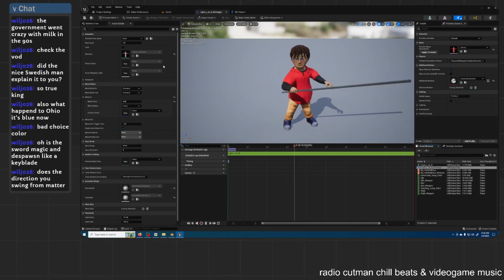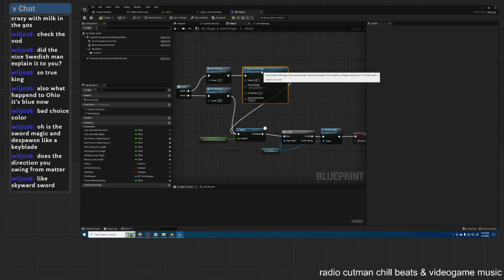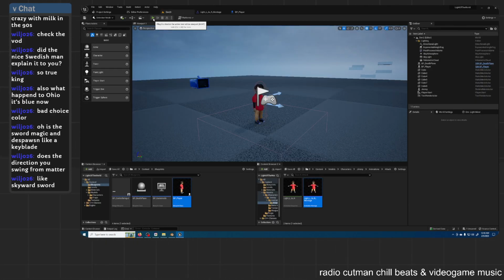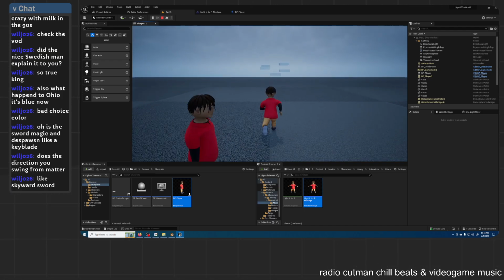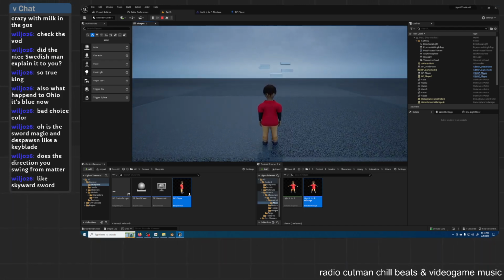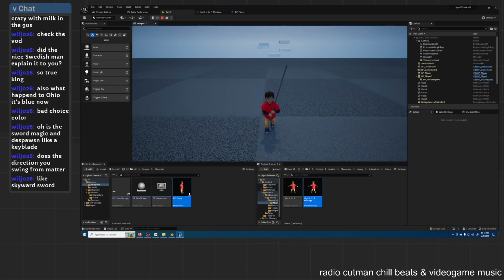Now in the montage, that should all be well and good. So in the player, go ahead and play our little animation there. And does direction you swing from matter? It will. It's not going to matter too much, but it's going to be like just an extra way to build combos. But there will be enemies where like they'll be dodging in one direction and you have to swing in another direction. So if I press X,